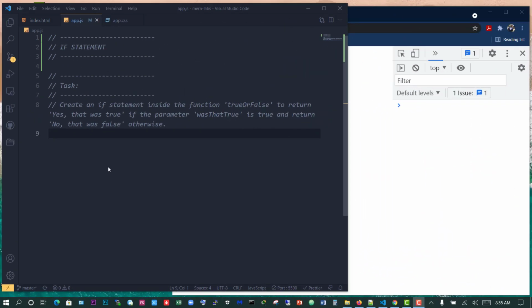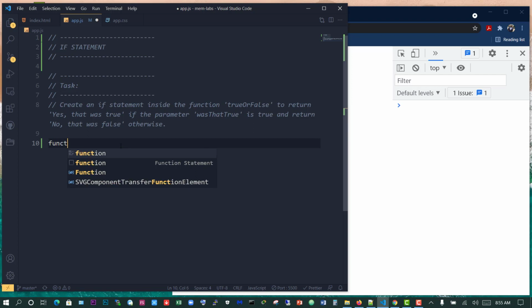Hi, so we're going to talk about the if statement. So let's just use this example to explain that. Assuming we have a function, and remember that's how we write out the function. We use the keyword function, and the function we're going to call is myTest, just this way,